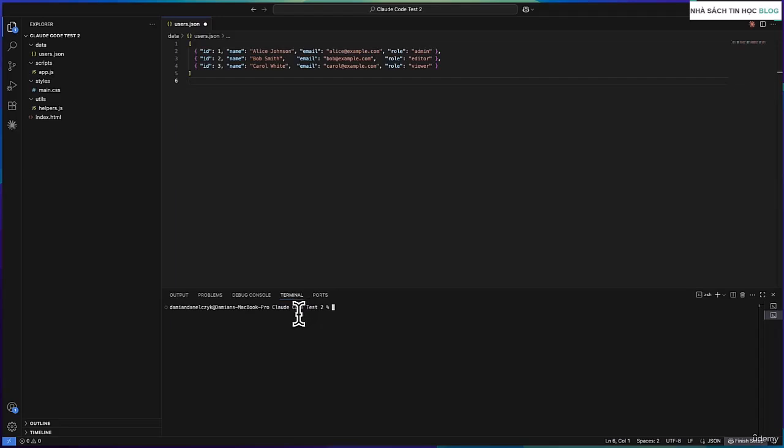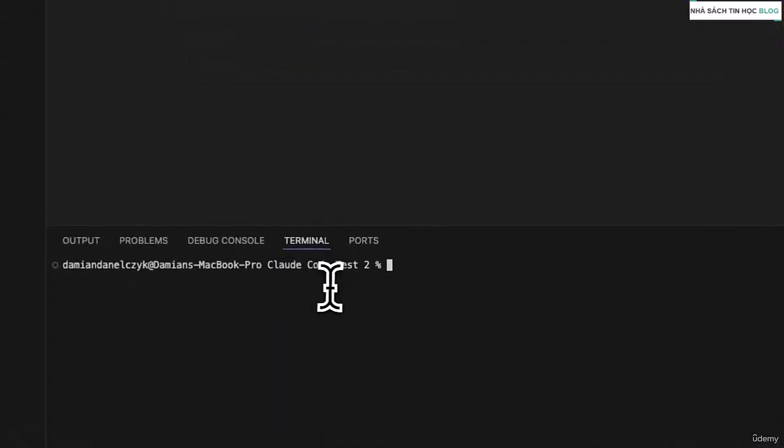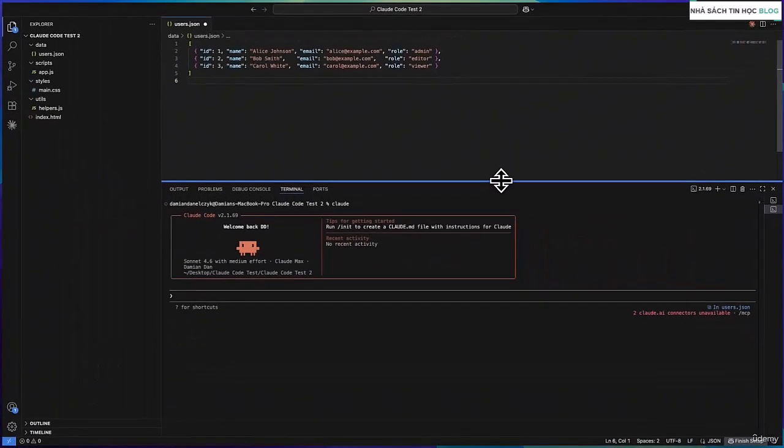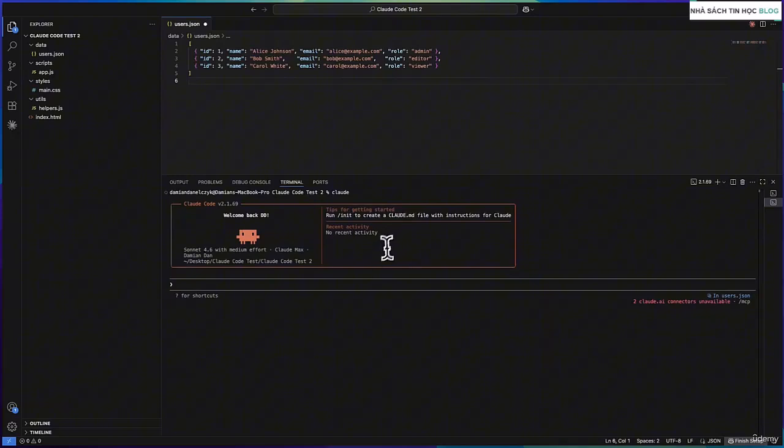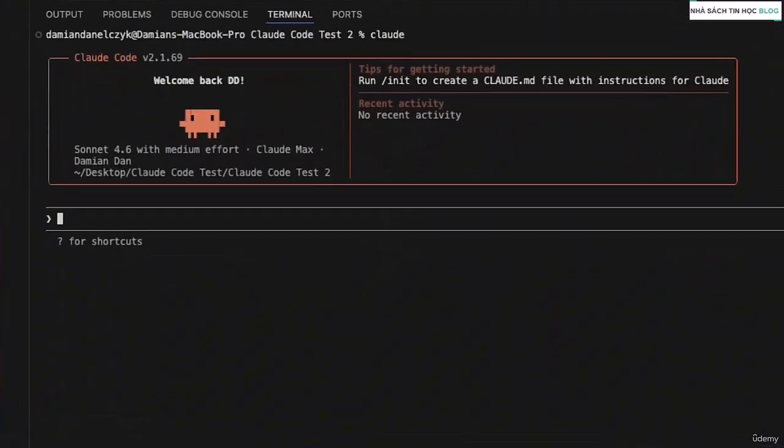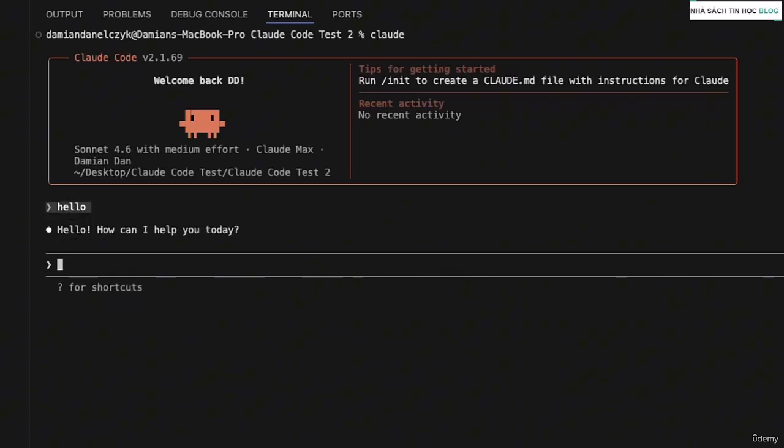Now, as you can see, we are working in this project, in this folder, in this directory. All right. Now you just need to type Cloud and hit enter, and it's running right here inside your editor. You can even test it straight away by typing something like hello, and Cloud will respond.